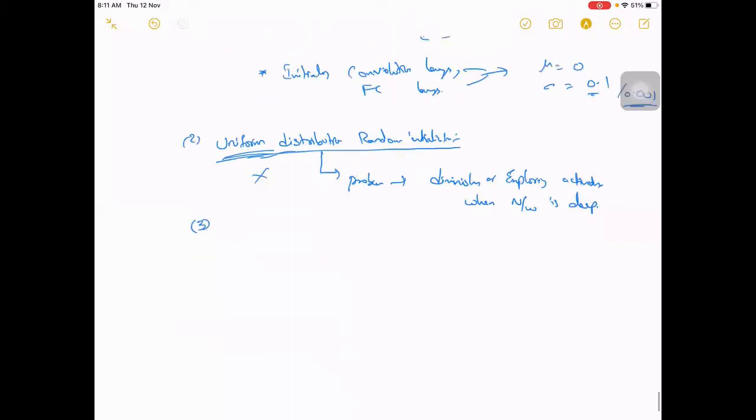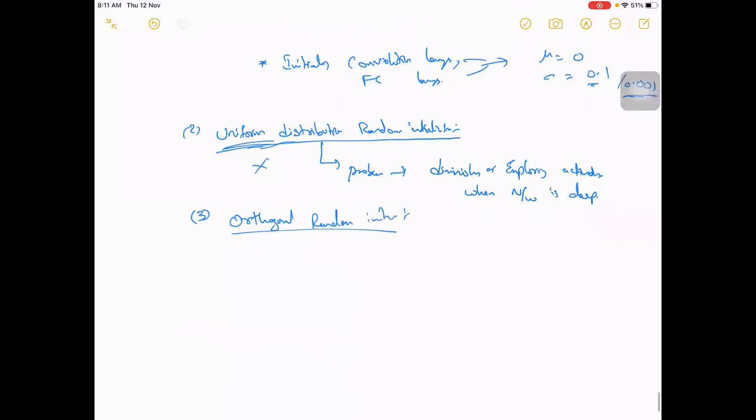There are a few other things like orthogonal random distributions. I have not used it anytime. I usually use Gaussian, and there are some other techniques which I'll tell you later.